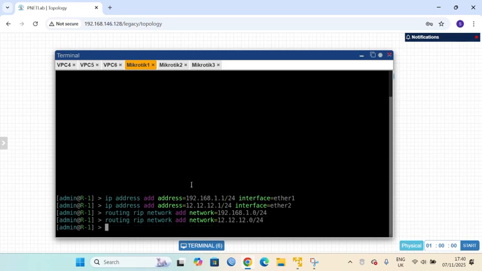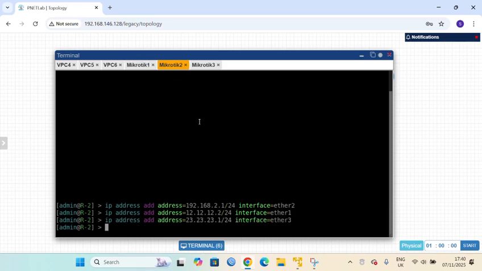And next we go to router 2 for the RIP routing. The same command: routing rip network add network. The networks are connected to router 2: 192.168.2.0, 12.12.12.0 and 23.23.23.0.